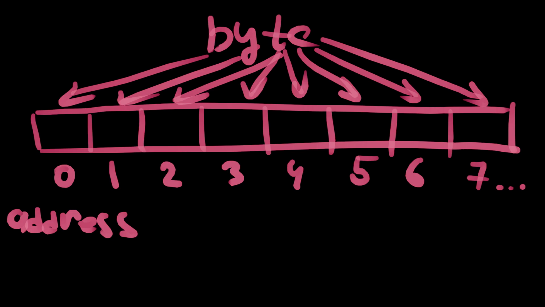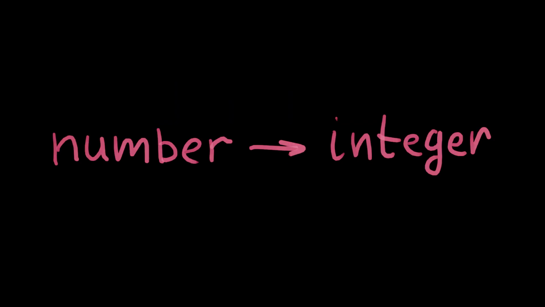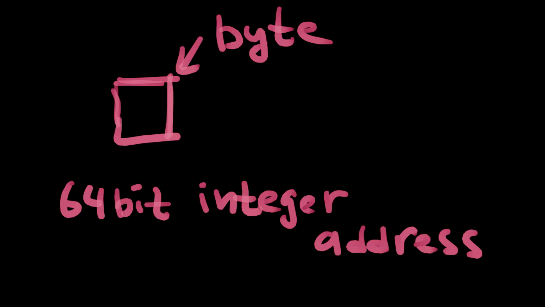To store a number, we need a certain number of bits. Modern CPUs are 64-bit, which means each RAM address is represented by a 64-bit number. In computer science, we call this an integer. So on a modern 64-bit CPU, each byte in RAM has a 64-bit integer as its address. This is why it's called random access memory. We can give the CPU a random address, a 64-bit integer, and it can quickly retrieve or store the byte at